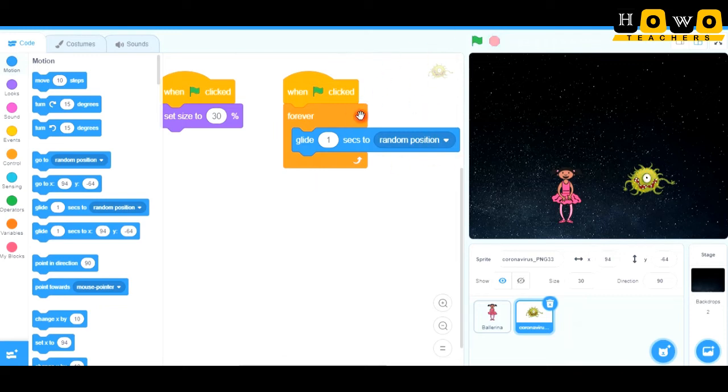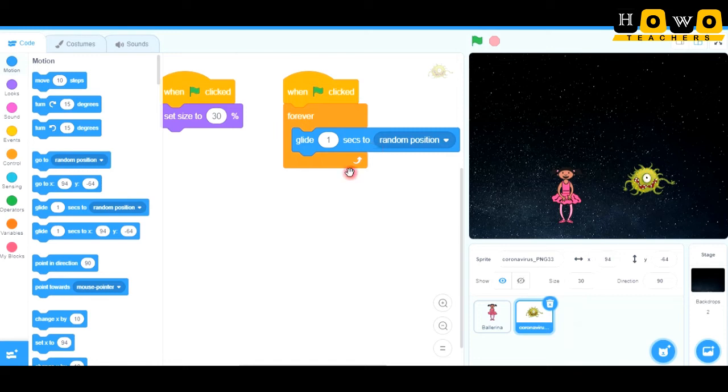Once again, whenever the green flag is clicked, forever means it will not stop until the game is stopped. So what this sprite has to do is glide for 1 second to random position, meaning after every 1 second it will be changing its position.